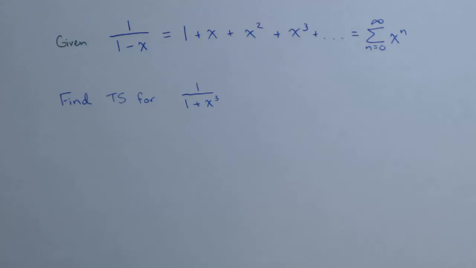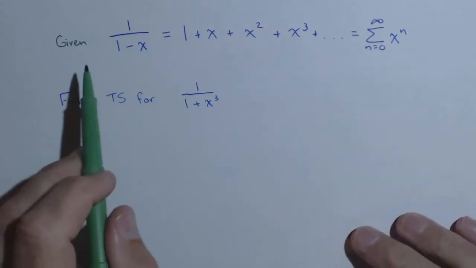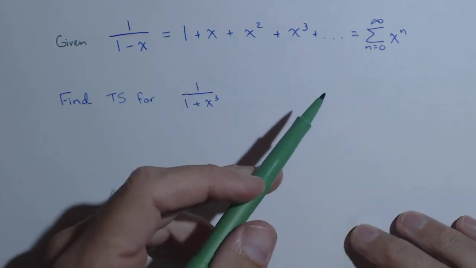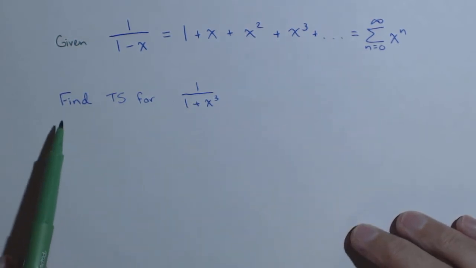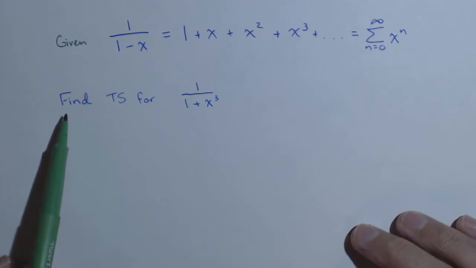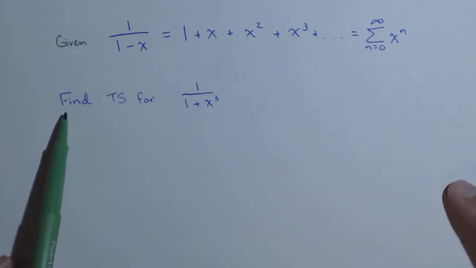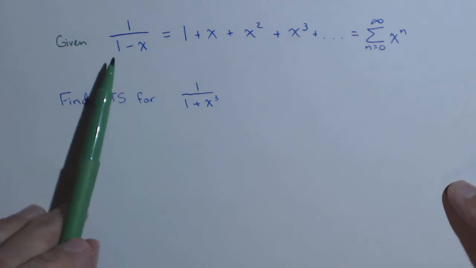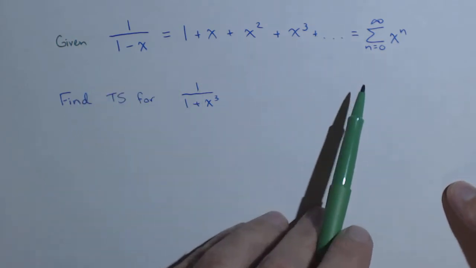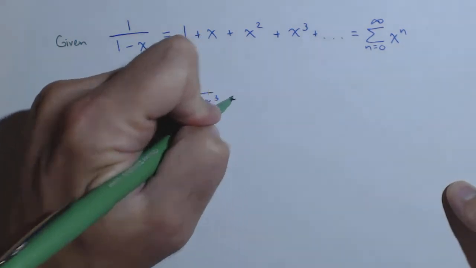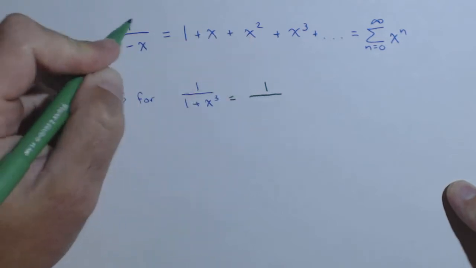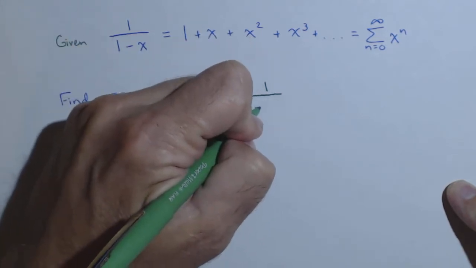In this video, we're going to explore 3 different ways to take a known Taylor series and Taylor expansion and find similar ones. First one we're going to do is going to involve a composition. So say we want to find the Taylor series for 1 over 1 plus x cubed, knowing this Taylor series here. Well, what we're going to do is rewrite this so it's in this form. So 1 minus